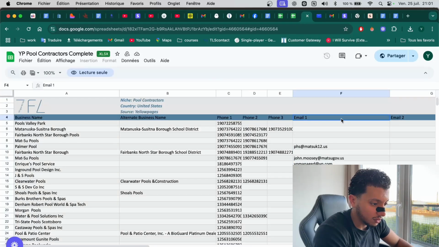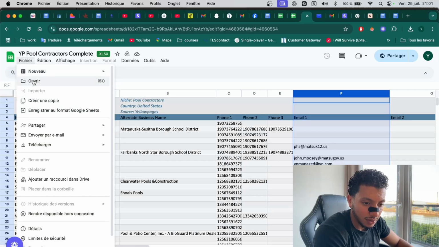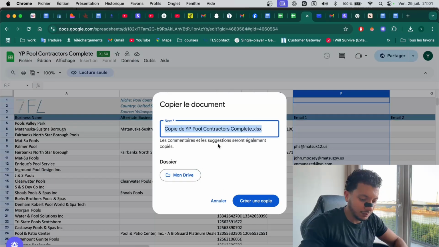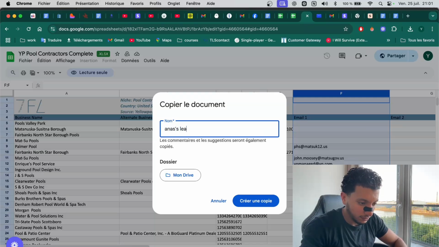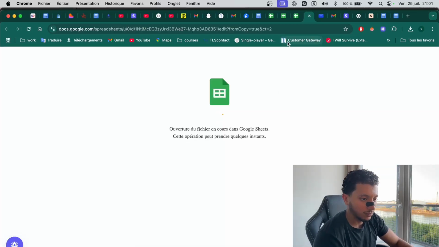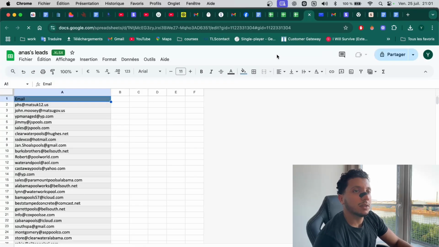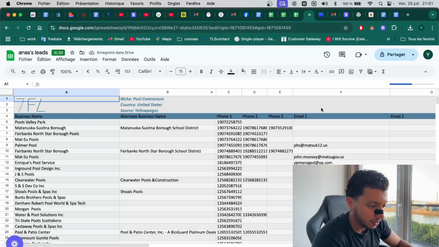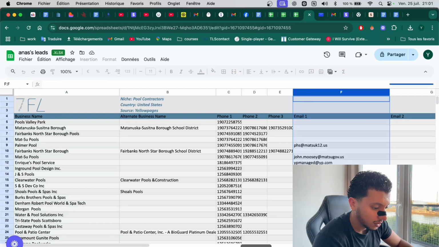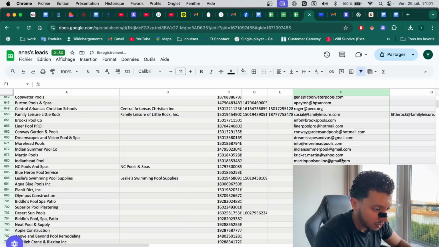For example, if I go here and filter with email, if I remove the empty ones, how much am I left with?